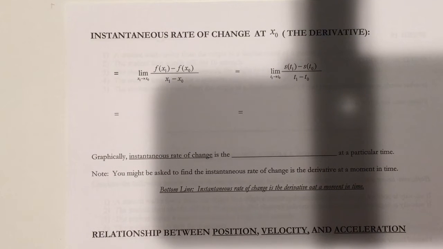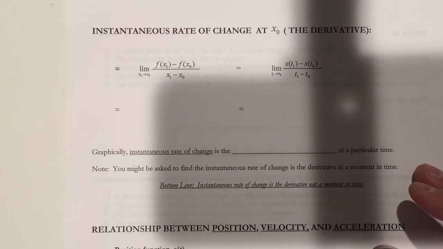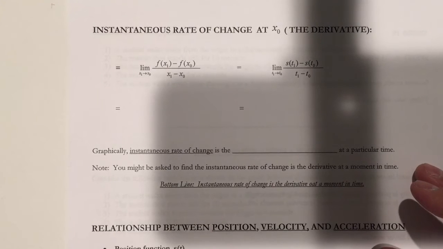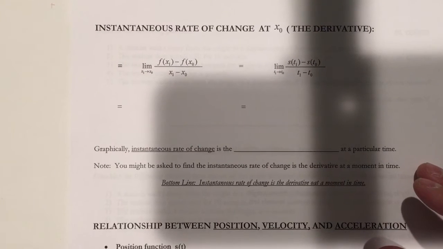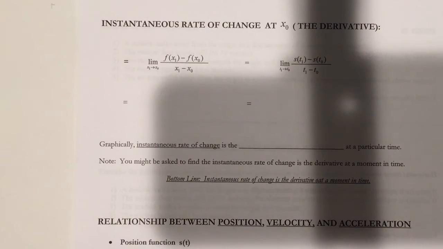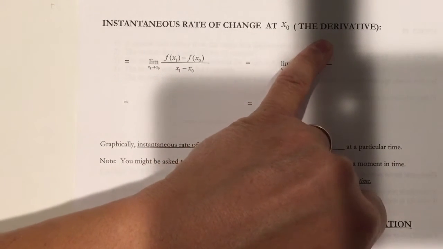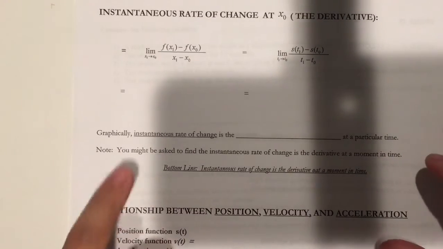Now we get to the nuts and bolts of this lesson, and that's the instantaneous rate of change. In other words, speed at a moment. Speed when you glance at the speedometer, just a quick glance at it. Or say you're driving along the road and you take a snapshot of the speedometer, how fast are you driving? That's instantaneous speed. So to find instantaneous speed at a time, we use the derivative, which by definition